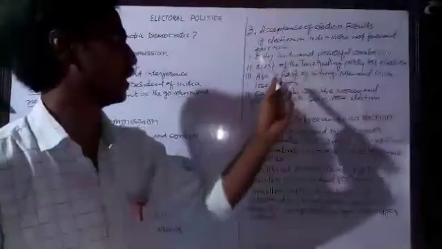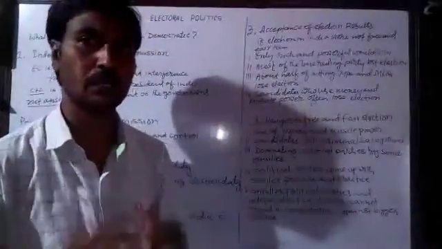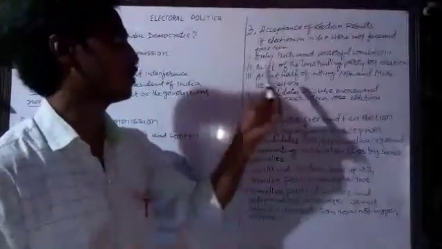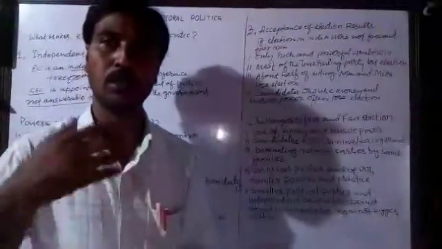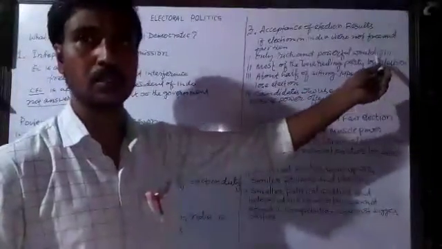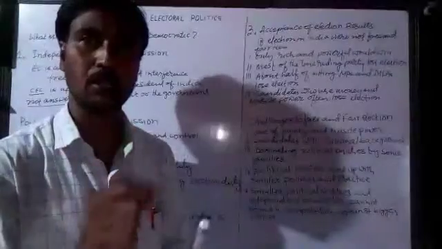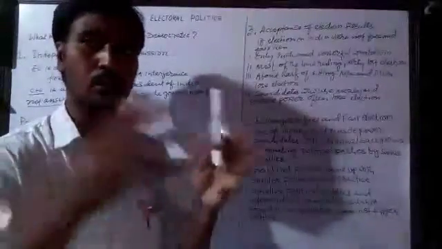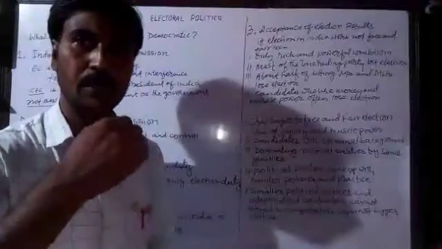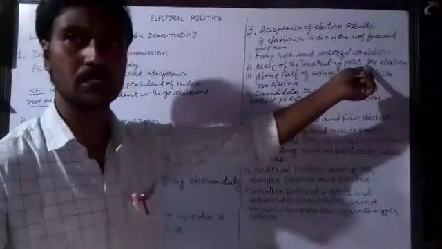This is not seen. Second thing, most of the time the ruling party loses the election. We also see in India that most of the time the ruling party, those who are in the government, have lost the election. This also proves that elections in India are democratic and the ruling party is not able to influence the election commission and bring results in their favor, because most of the time the ruling party has lost the election.